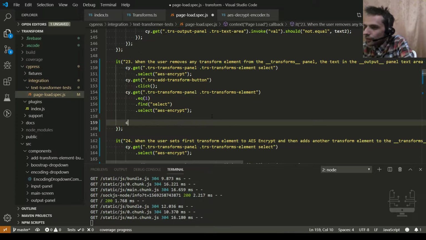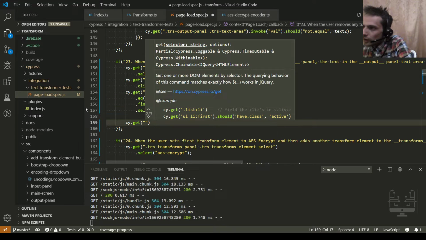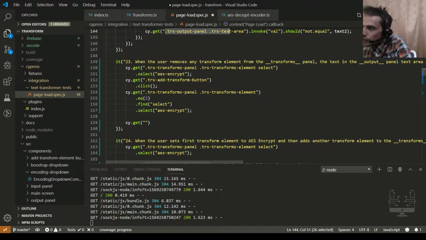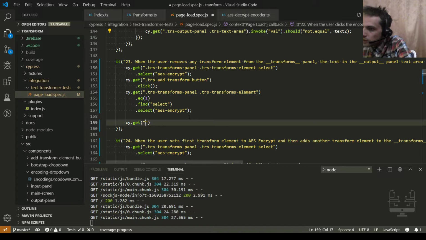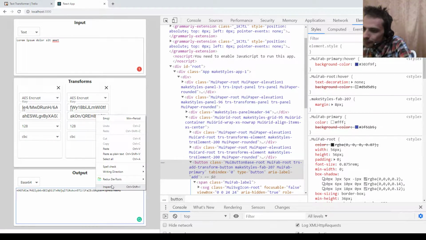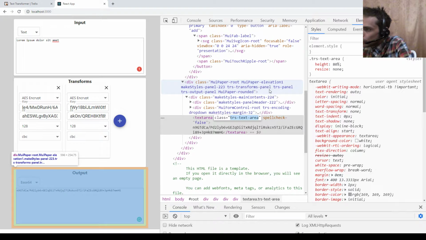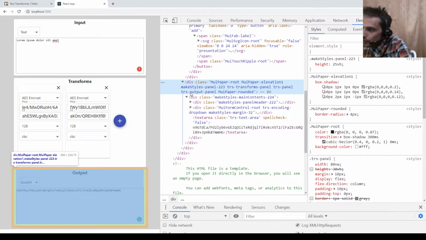So to get this output, we can use UI get TRS Output Panel, TRS Text Area. This is the selector for this text area, for this element. You see, this element has class TRS Text Area, and it's inside the parent element, which is TRS Output Panel.